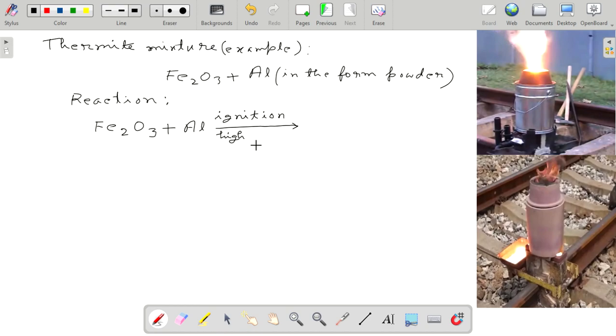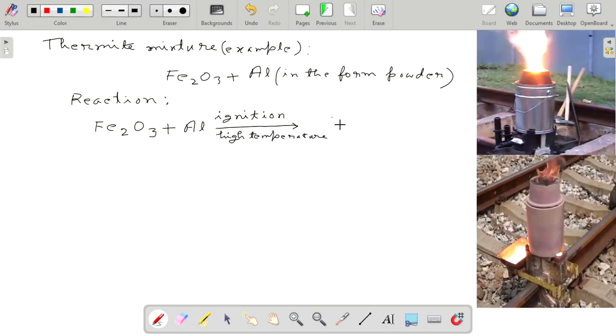High temperature. In this reaction, the products will be